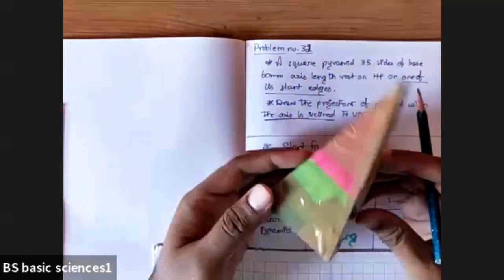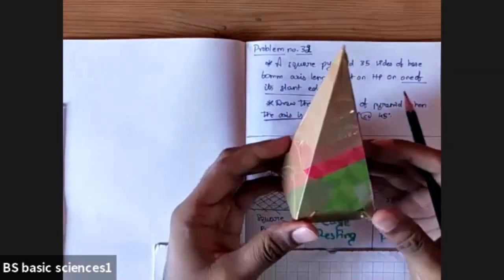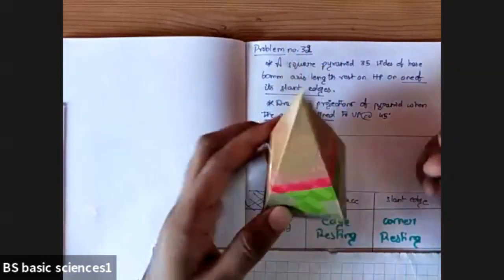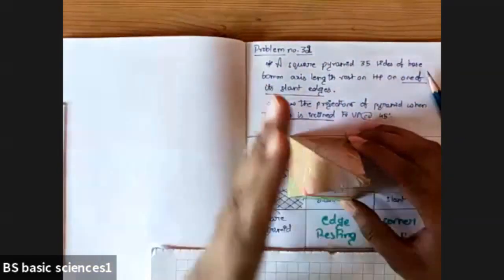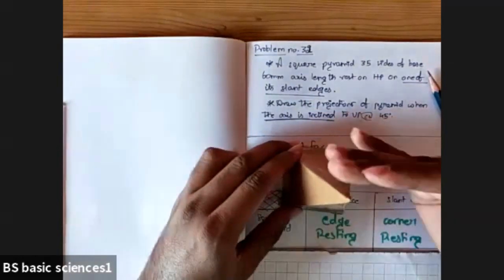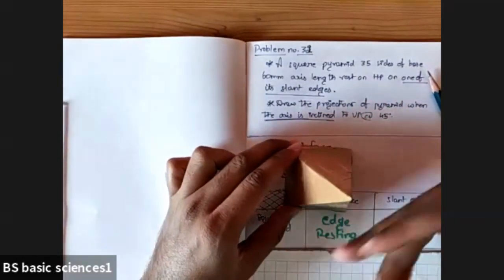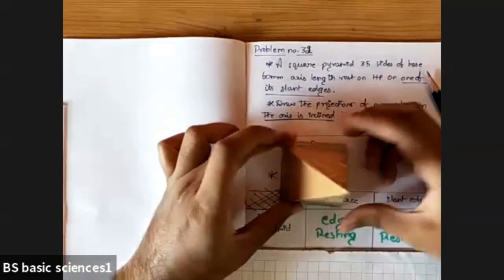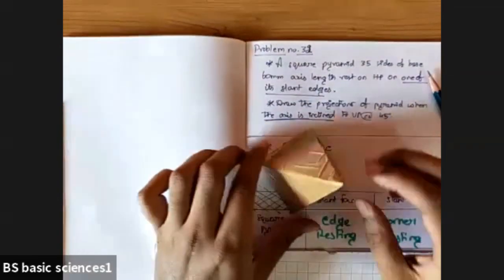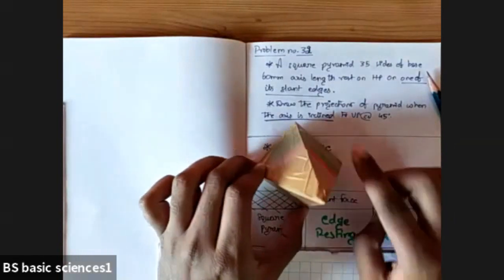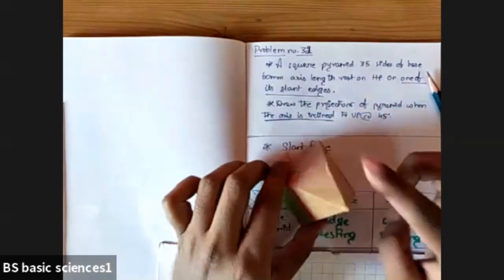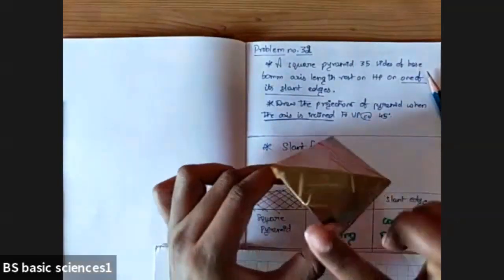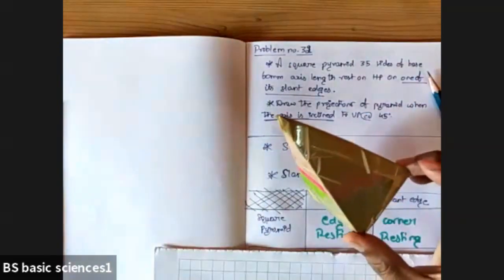Okay, you know that this is a square pyramid. In the square pyramid, there are 4 slant faces. See, this is a slant face. If you keep the pyramid like this, this is a slant face. There is another slant face, this one, and 4 slant faces we have. Similarly, slant edges. This is one of the edges. 2, 3, and 4. These are the 4 slant edges which are there in the